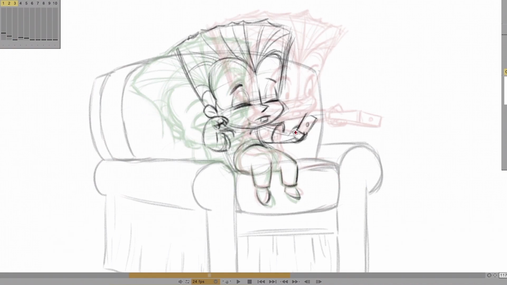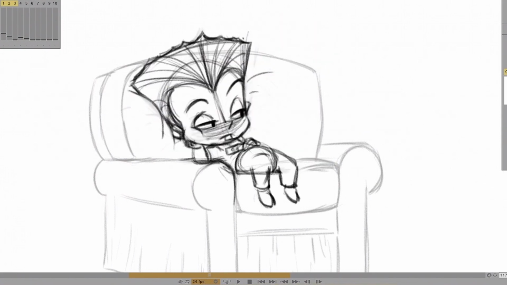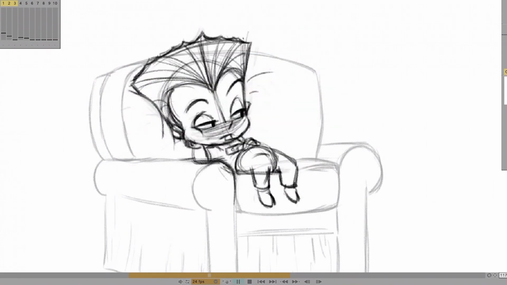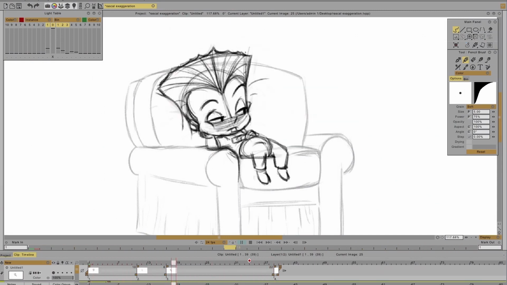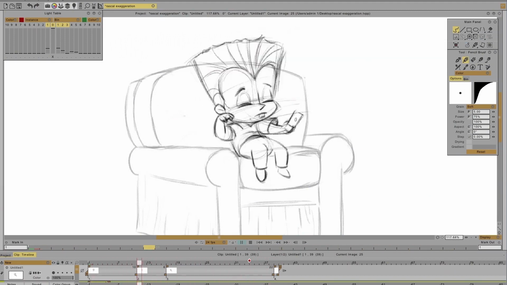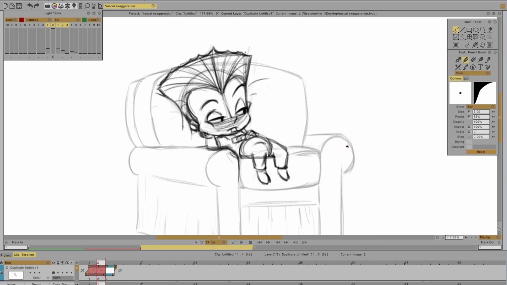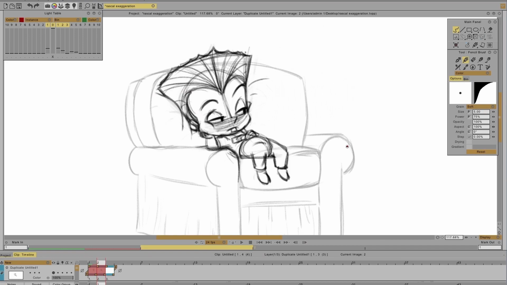Now this will work, but if we want to exaggerate it, we want to push the breakdowns more and add in more breakdowns. So we can see the actual motion from the keys to the breakdown. And like I said, this will work, but we want to exaggerate things at times. So this is the one where I'm going to be putting in a lot more breakdowns with the same two keys.